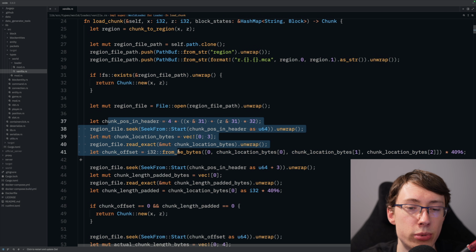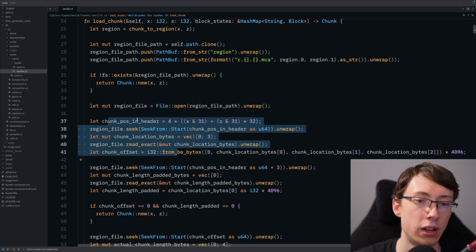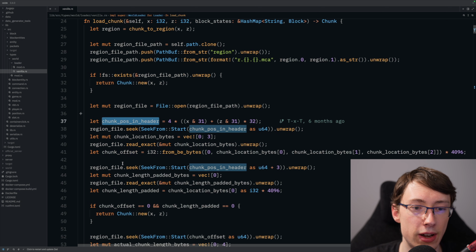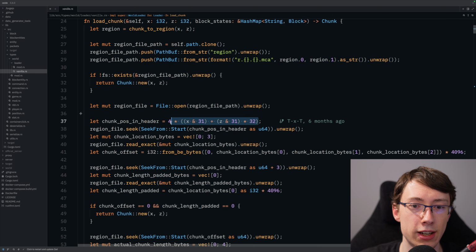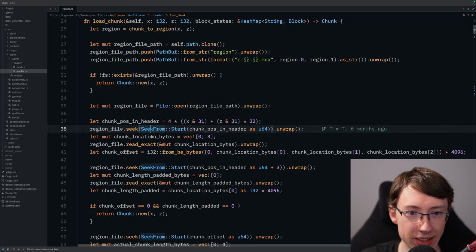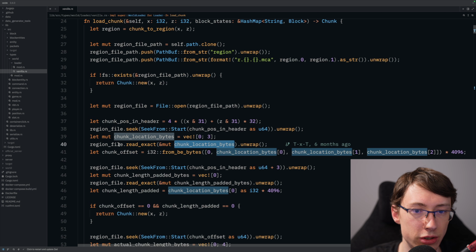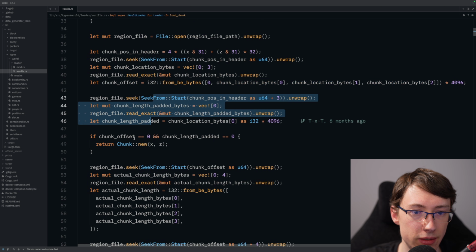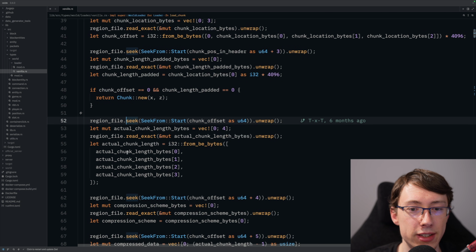We look at the chunk's position in the header of that file. So the file starts with a header with two tables, one for where all the chunks are stored in the file, and also the time when they were last modified, but I don't really care about that here. And that's just 4 bytes per chunk, so we can calculate based on the chunk's coordinate where we need to go essentially. And then we can read only what we need to read, which we're doing right here, and seeking and getting all the actual bytes that we need out of that,